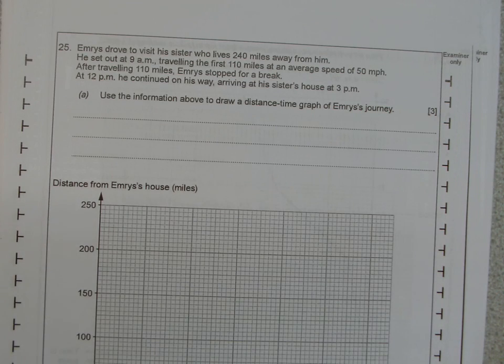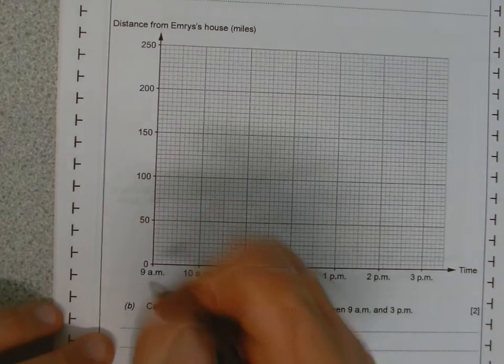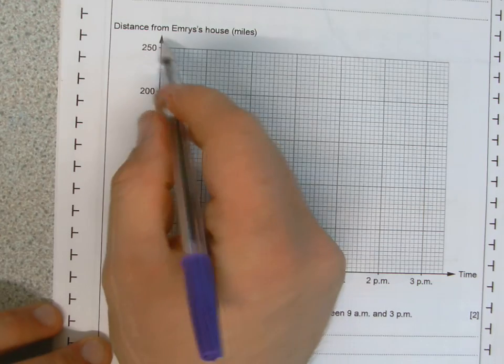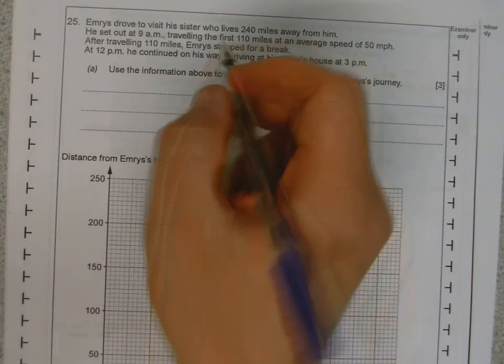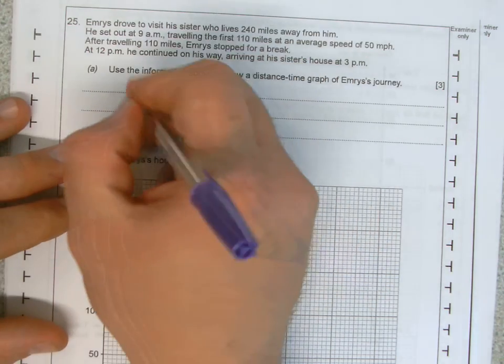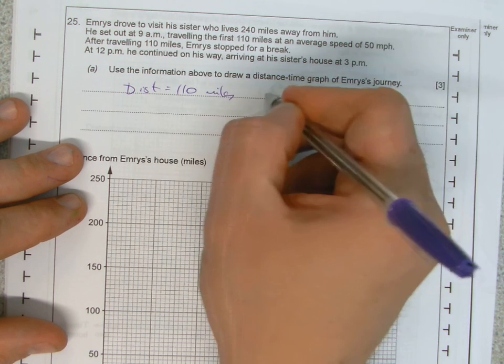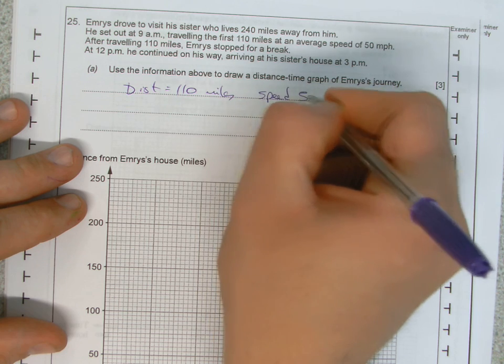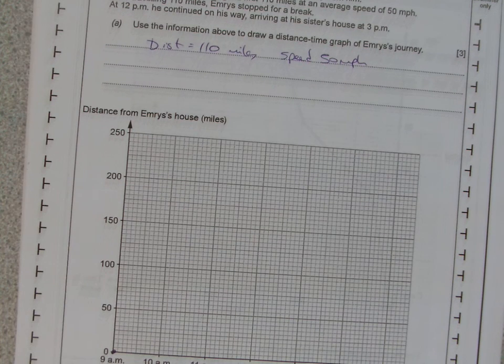Okay, now, he sets out at 9 a.m, obviously from his house. So, we're going to start here, because this is the distance from his house, 9 a.m, and then he travels 110 miles, okay, the distance is 110 miles, and they give us his speed as 50 miles per hour. So basically he does 50 miles in every hour. Yeah, so if he does 50 miles an hour,